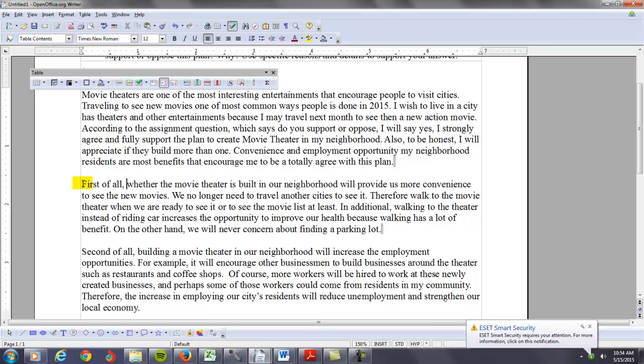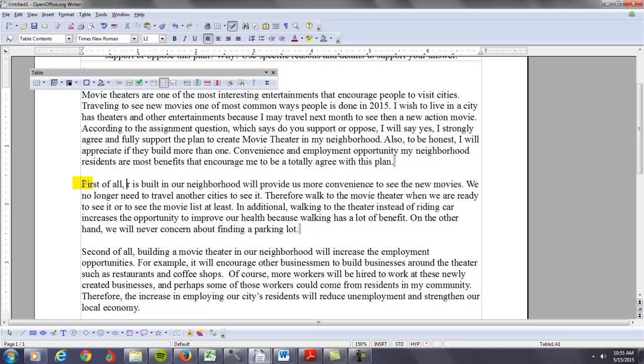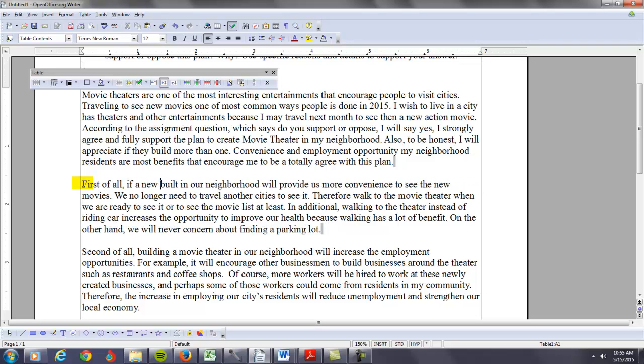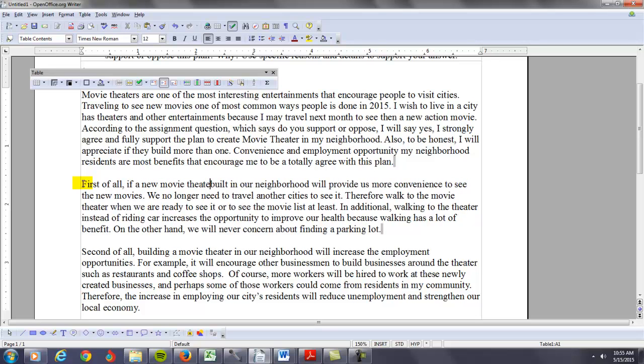So you say, first of all, whether a new movie theater is built in our neighborhood will provide us. You're using a noun clause as a subject, right? I like the grammar you're using, but it doesn't quite fit. I'm going to say, if a new movie theater is built in our neighborhood,